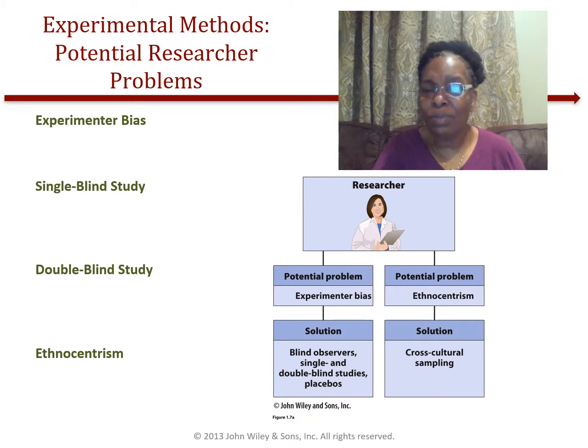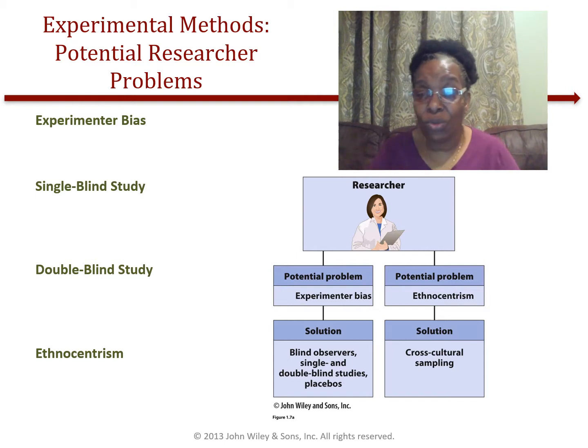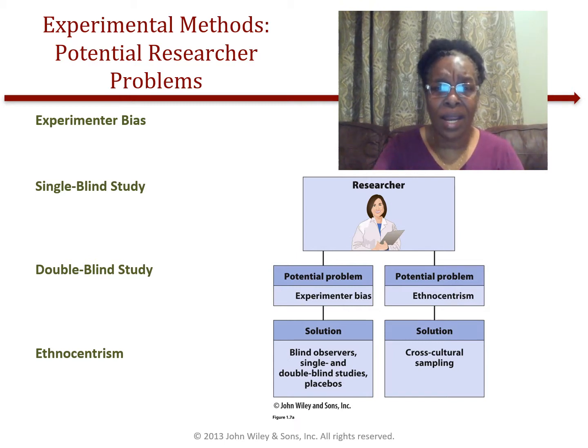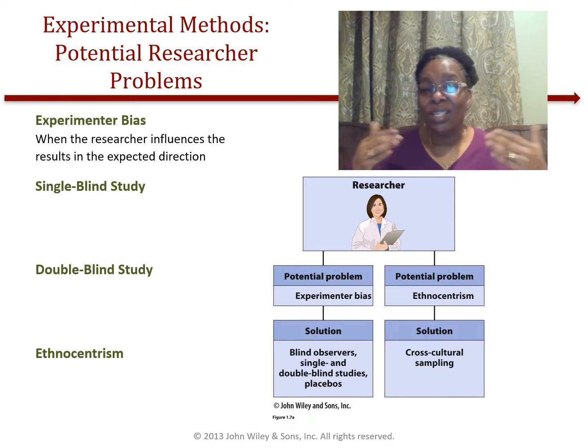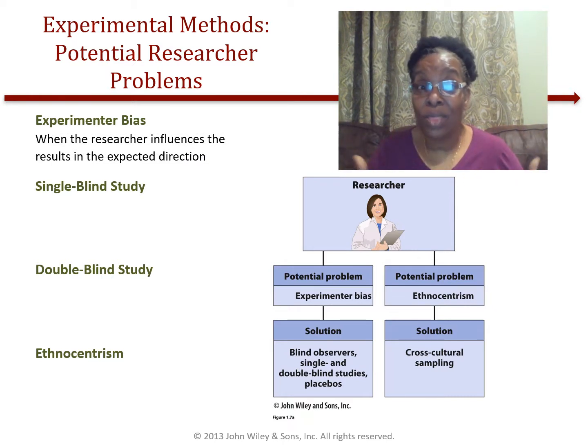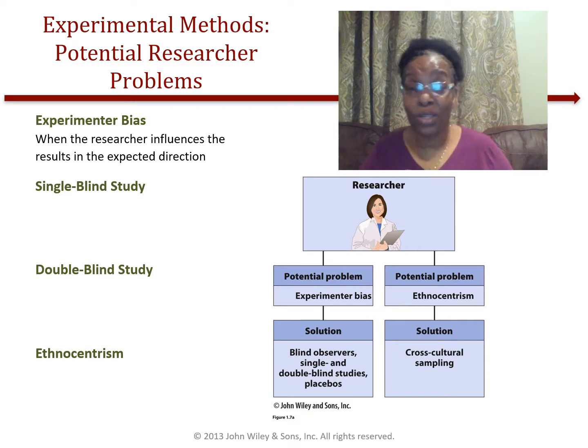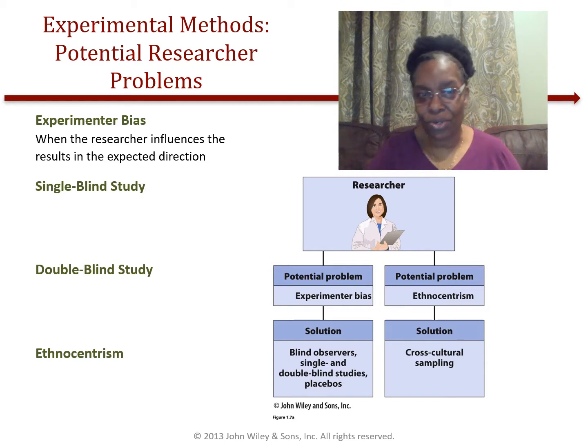Now, when we're doing experiments and working in research, there are always some potential issues or problems that can occur. You heard me mention a couple of them before, but right now, let's look at some of them. Experimental bias is when researchers influence their thoughts and feelings to make the research project go in one direction or the other. That's really not a good way to do research.